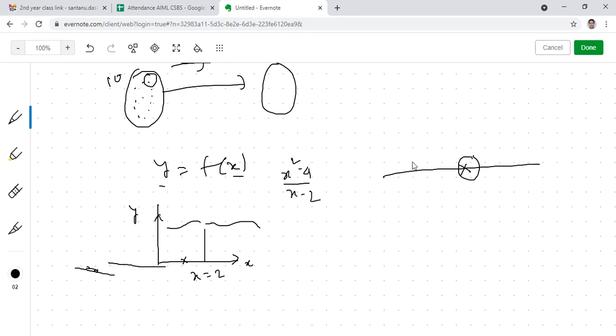What are the directions from which we could approach this point along the straight line from the nearer points? What is the number of directions? Two directions, towards the left and towards the right. We could approach from this end to this point, or from this end to this point. Since the point is one-dimensional, over a straight line, if I fix a point on a straight line, then I can approach this point along the straight line, either from this direction or from this direction.